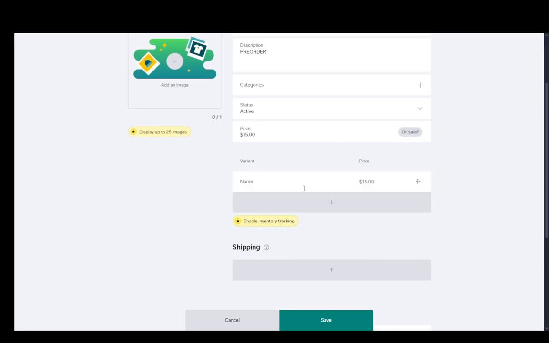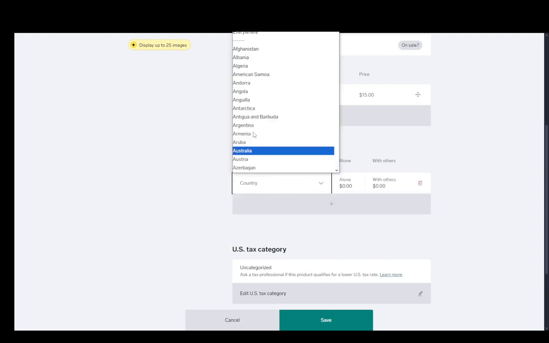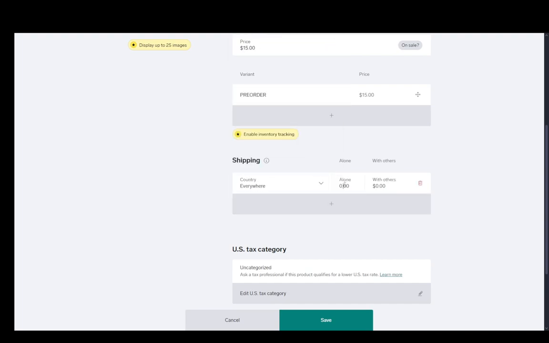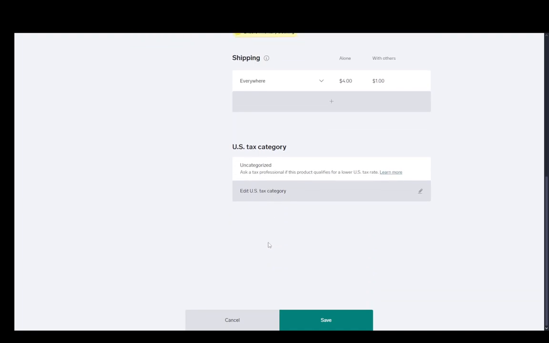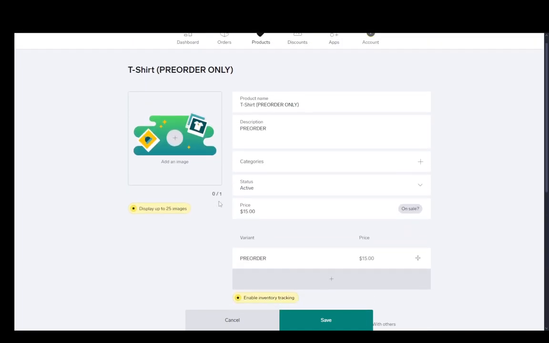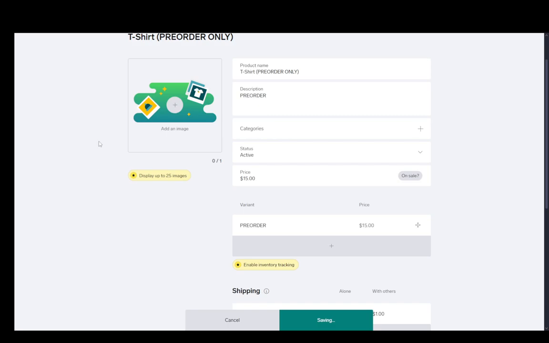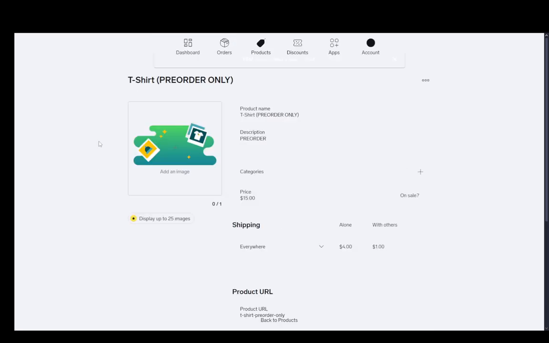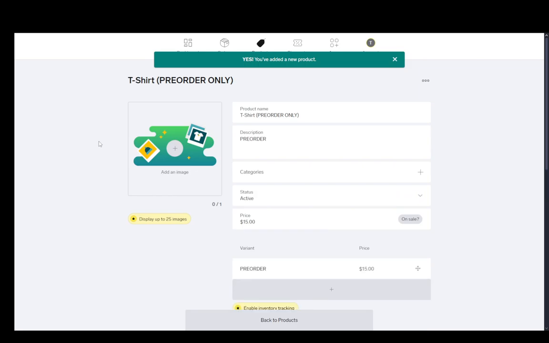You can add a variant, and the only variant I would add is PRE-ORDER in all caps, just to make sure. Then as for shipping, set up everywhere. For example, shipping should be $4 for one, and with others I'll set $1, and the tax category that is appropriate. Then you can click save,